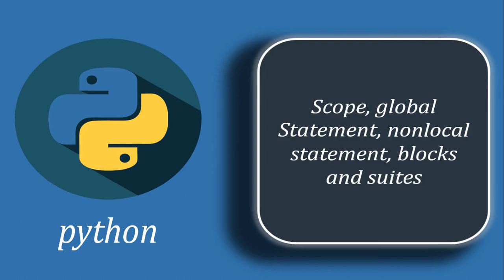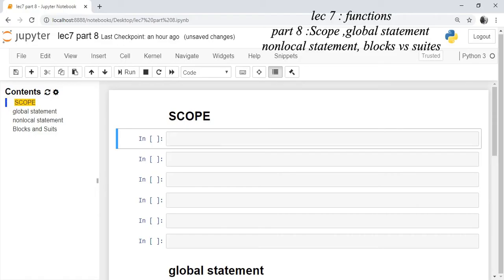Let's start. Scope can be local or global. You can give an identifier a global scope if it is defined outside the block. If the identifier or a variable is defined inside a block, then the scope of the variable or identifier is local. What does that mean? That the variable and identifier can be used inside the block only. Outside the block, the variable does not persist, or the value of that variable does not persist.